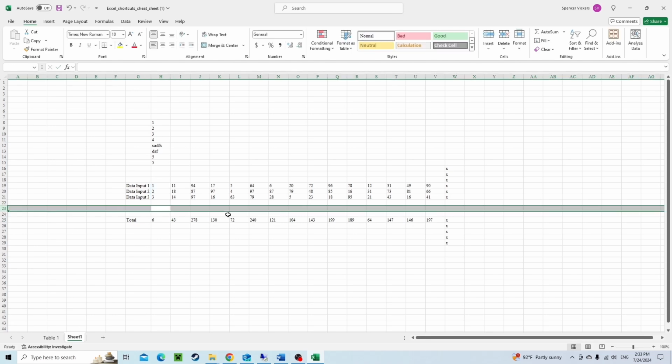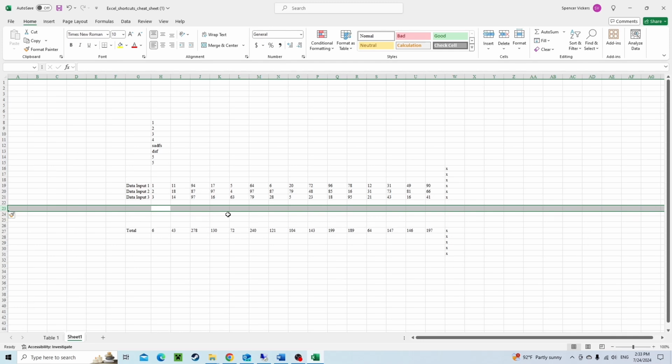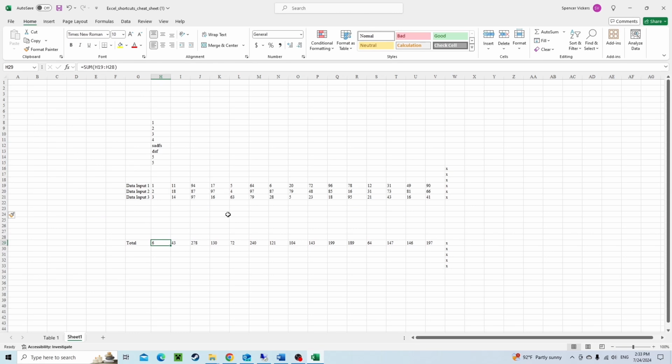That way, if you ever add in more rows, right, you come in here, Shift Space to highlight the row, Control Shift Plus to add a bunch of rows. Well, now this formula down here is picking everything up, and that's helpful. So then we would just copy that over like we did before, right? So Control Shift Right, and then Shift Left once to bring it over, and then Control R is going to copy that formula all the way over to the end of your highlighted row. And so now you've got this good